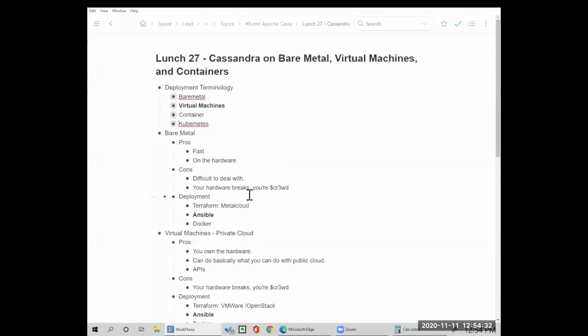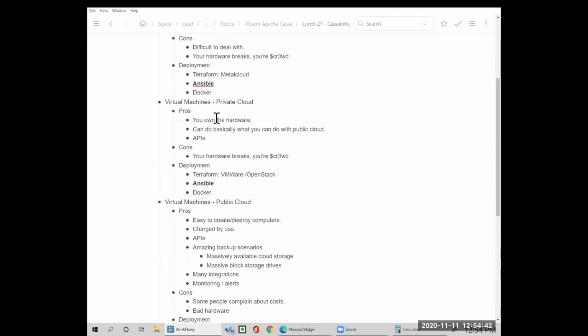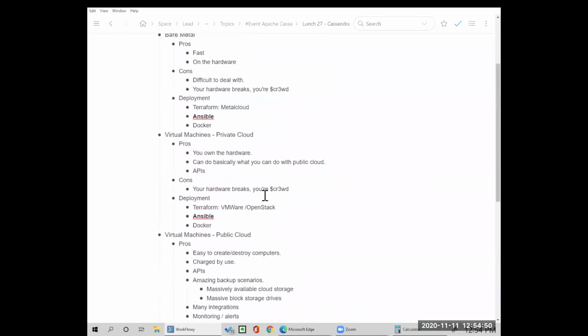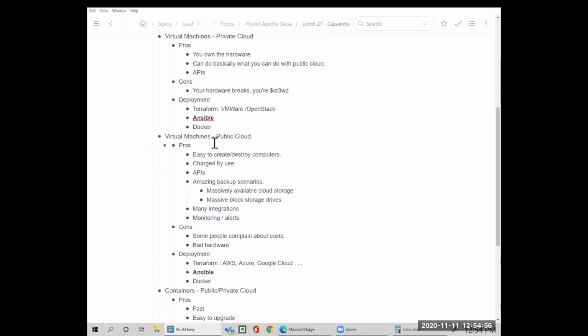However, if you're starting off, if you have 3 computers, that's a great way to start. You'll have basically no hosting costs. Or if you have enough hardware, do a virtual private cloud, a virtual machine, on your private cloud. Easy. But more than likely, you're going to be here in the public cloud ball game. And it's really easy to just use Terraform to create 3-4 computers, use Ansible to install Cassandra, and then you start using it.